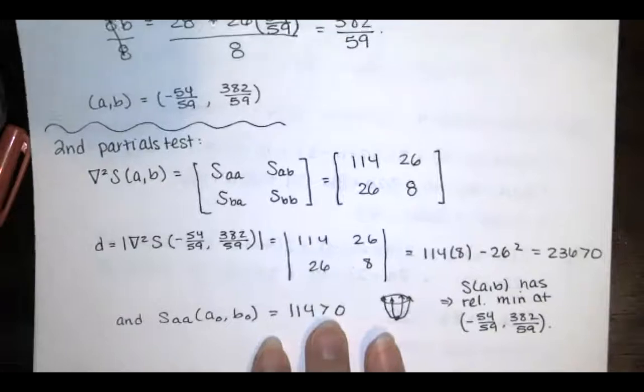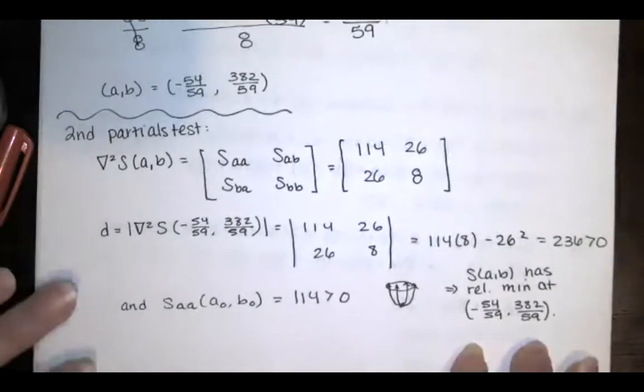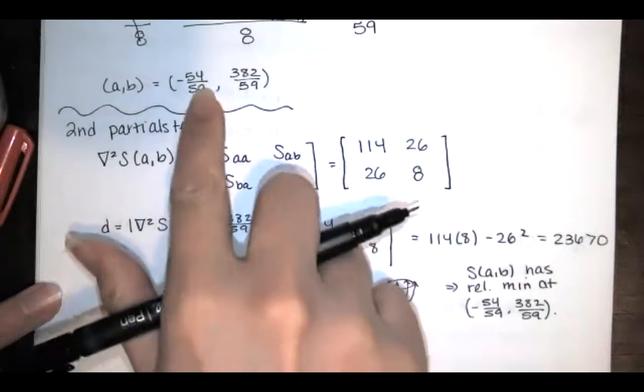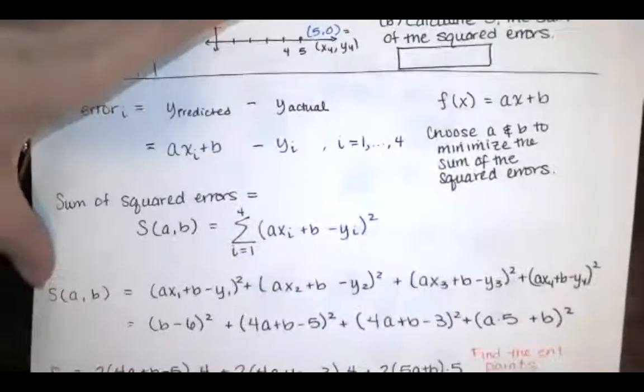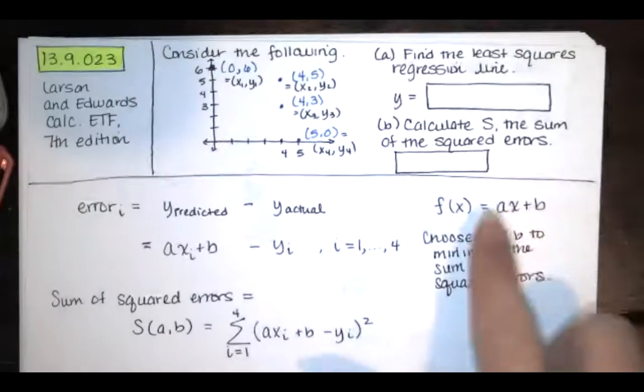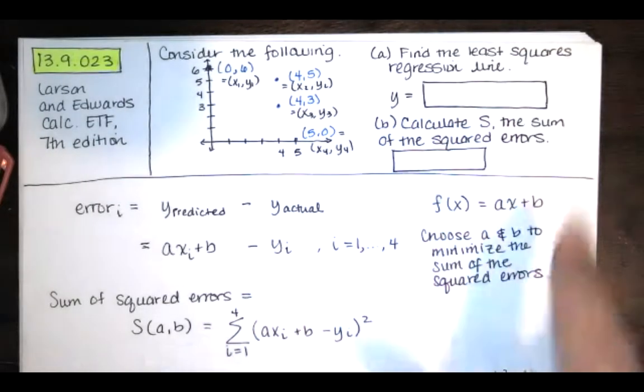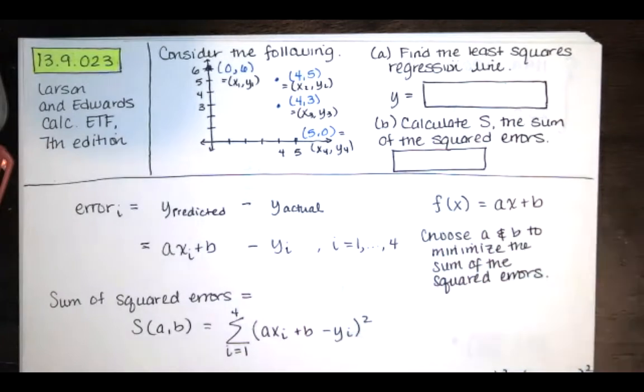Okay, so we know that that has a relative minimum. We were trying to minimize the sum of the squared errors. This is where the minimum occurs. Now that we know what A and B are, we can substitute those in over here, and that is called the least squares regression line. So y is going to be equal to ax plus b, where a was